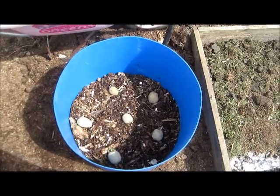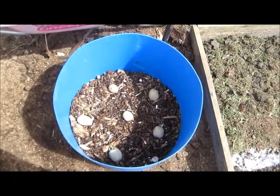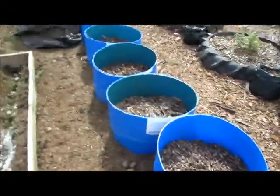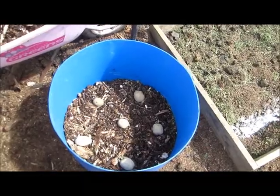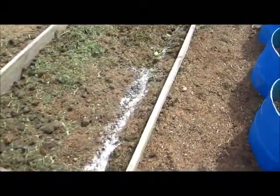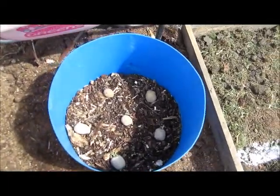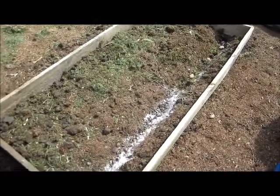And what I'm going to do with this is compare the return on average of this compared to the average return of the 5 different varieties done in the barrels with the compost and so forth, just to give me an idea of which one actually yields the best returns. So I'm going to be covering up these with some more woodchip before I water it. I'm going to be laying out more trenches and more seed potatoes in here, and of course along the way always weighing exactly what is going in to each area so I can compare the weight of planting with the weight of...